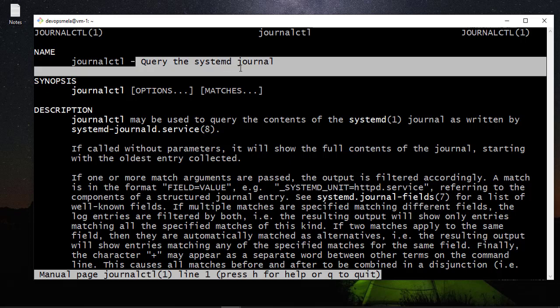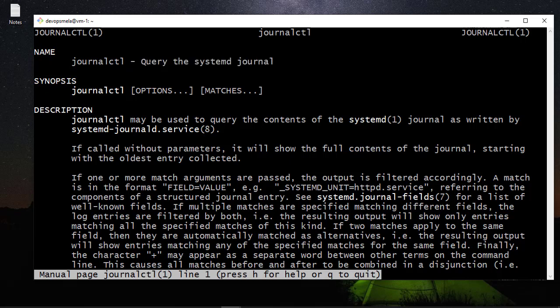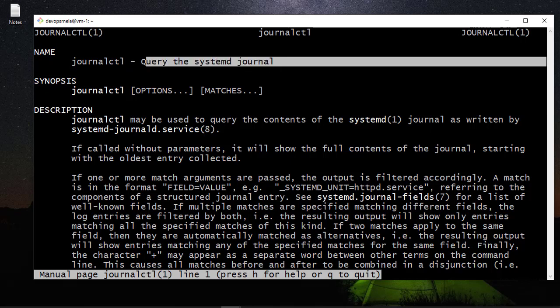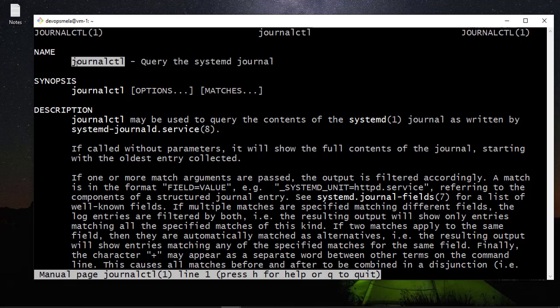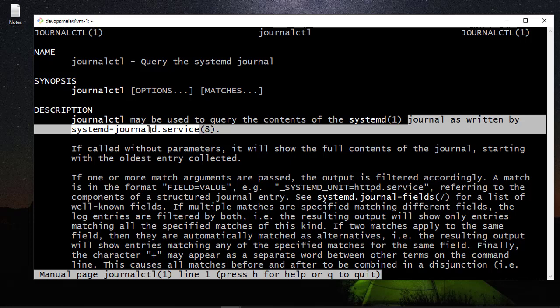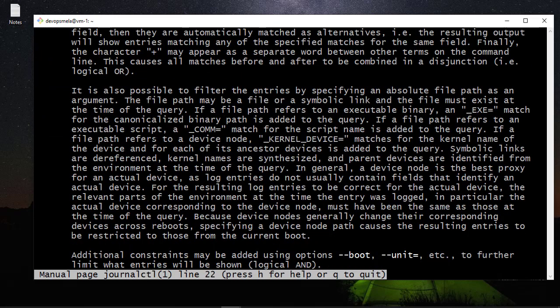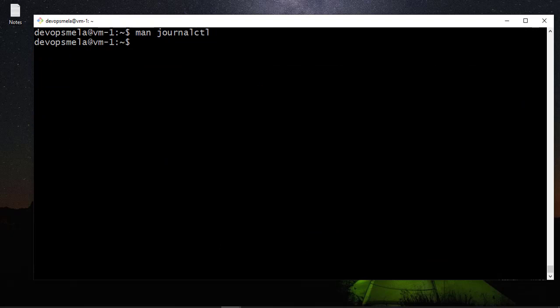So systemd is basically a daemon which is managing all your systems, all your processes, all your services which are running. So if you want to query systemd, then journalctl is the way to query systemd and fetch logs from there. So journalctl may be used to query the contents of the systemd journal, which is written by systemd-journald.service. This is a bit advanced, wherein if you want to know more about what's happening with your application, what's happening with the services and things like that, then these are the options which you need to go and use. Okay,